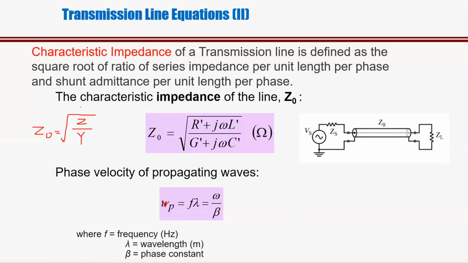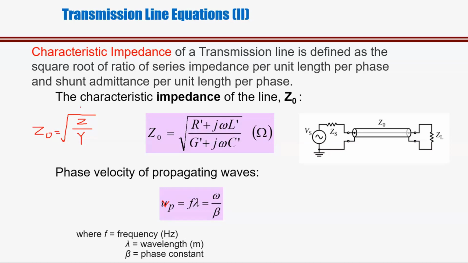Okay, so today first we derived the equation of transmission line by considering lumped parameters, and then we reduced that equation in terms of Z and Y, and we call that equation the characteristic equation of transmission line. Then from that equation we can write two secondary parameters, called characteristic impedance Z naught and propagation constant gamma. Right, and characteristic impedance is the ratio of series impedance per unit length divided by shunt admittance per unit length per phase.